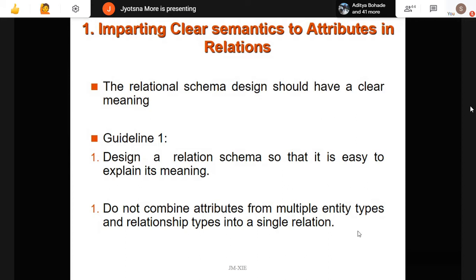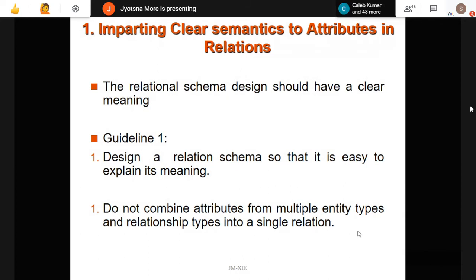But do you really require that many attributes for the relation? If you don't require five attributes, and I am able to explain that relation properly, then those are enough. If I have attributes such as a primary key added, with three attributes, I know this can be referred to in another relation, or these are required in this relation. So I know these many attributes are enough. So make it like that. Don't combine attributes you don't require.